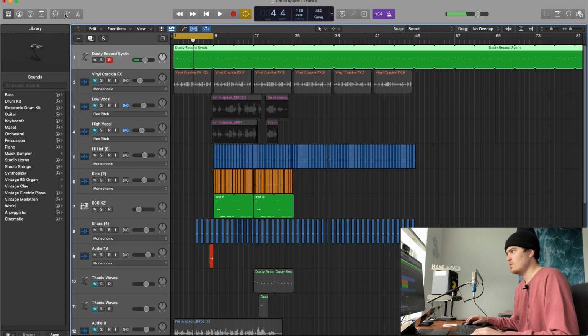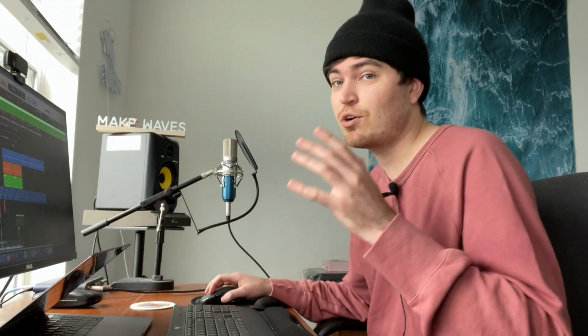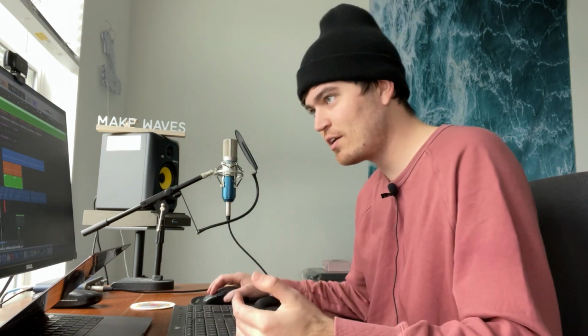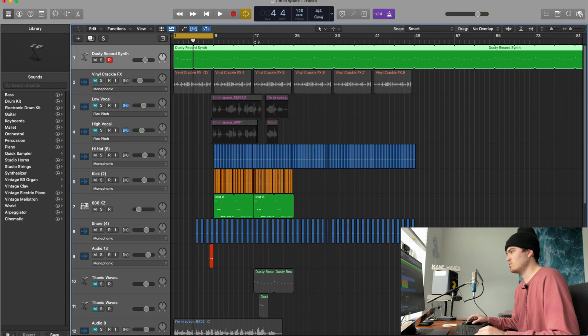All right, perfect. So that is our main loop that we're going to be using for the entire song. I believe that there is beauty in simplicity, so if you're making beats, try not to overcomplicate it. Sometimes you want to let the artist create the lyrics and direction for the song, and that is something that I fully believe in. So with anything that I go into making beats, I always start with the loop like I just did,